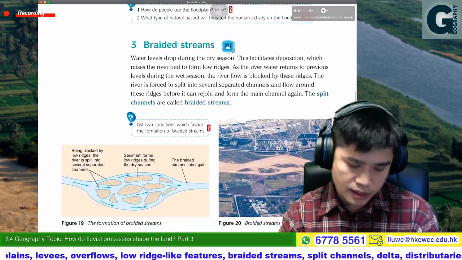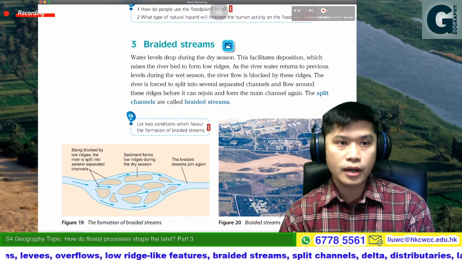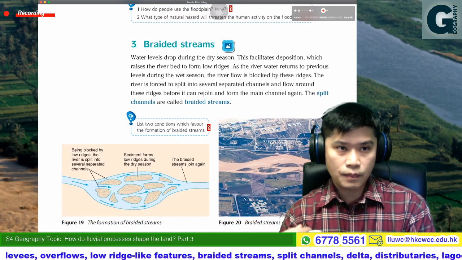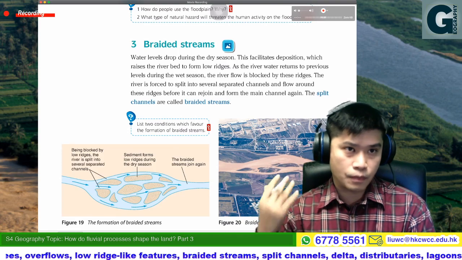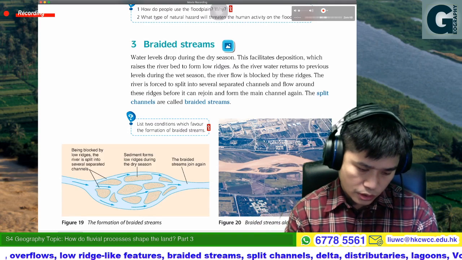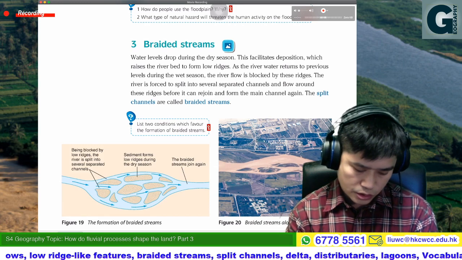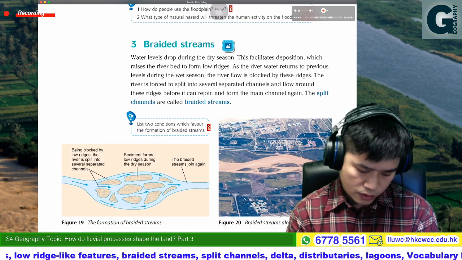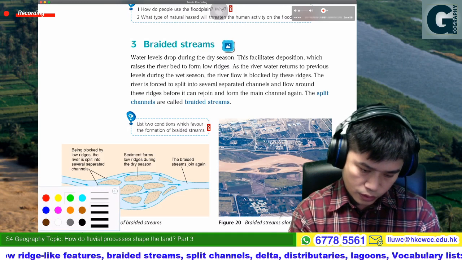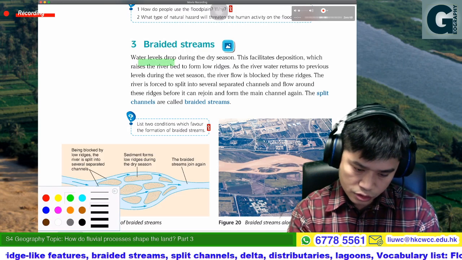Braided stream in Chinese we may call 辮狀河. Okay, so what would be the formation of braided streams? Let's see. When the water level drops during the dry season,